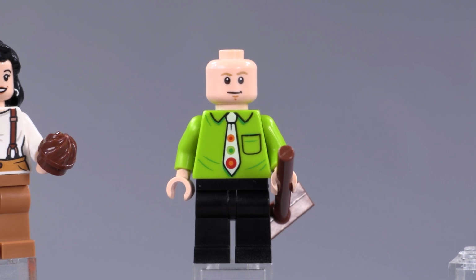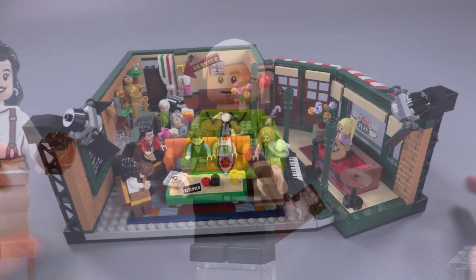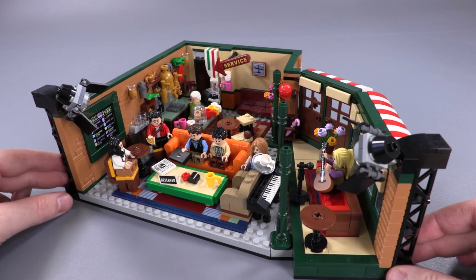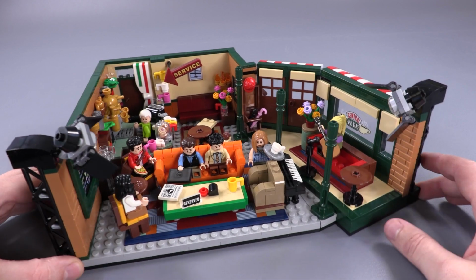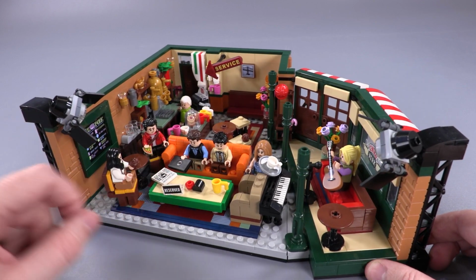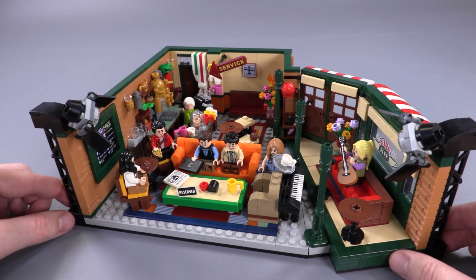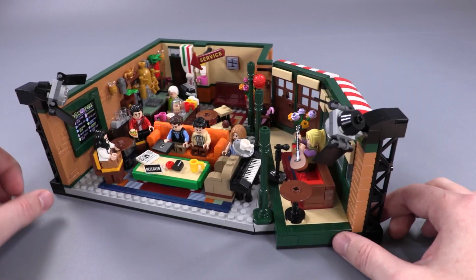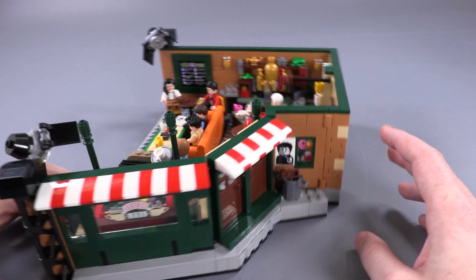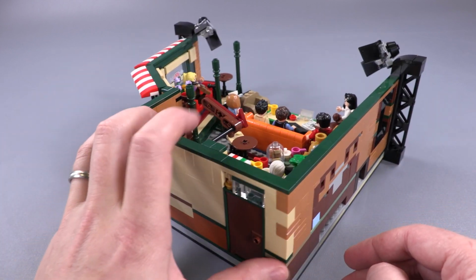It's been used several other times for other characters in the past, and there he is. And all right, now we are here looking at the entire set. I've set up the characters just around the main dining area, the main shot where they're always just hanging out, talking. What's a nice, interesting point about this set is that it's built as the actual set, the filming studio